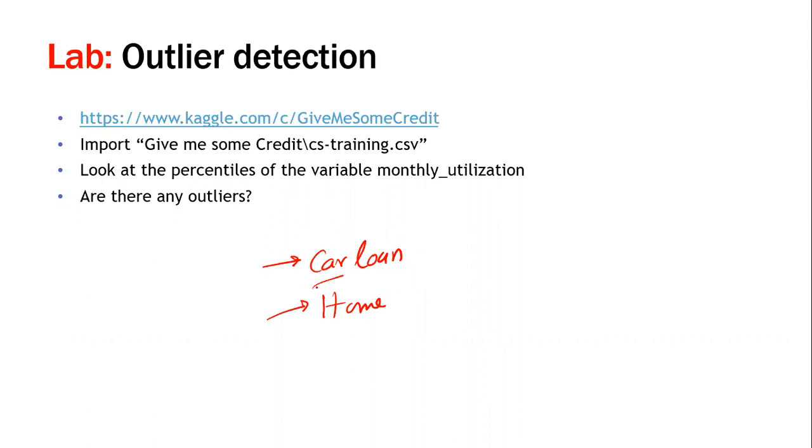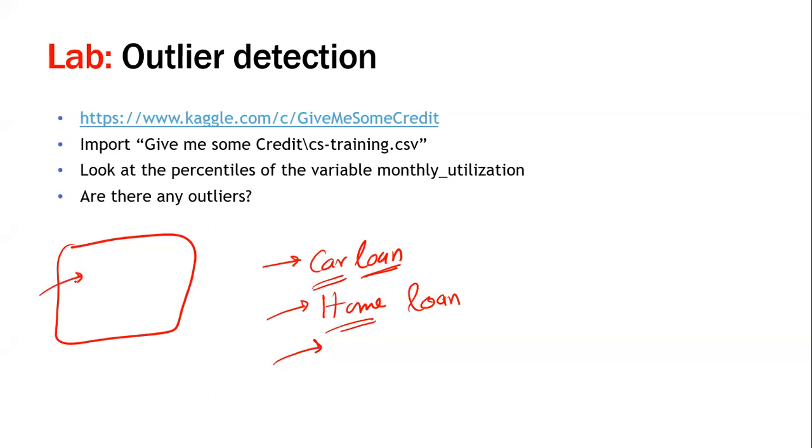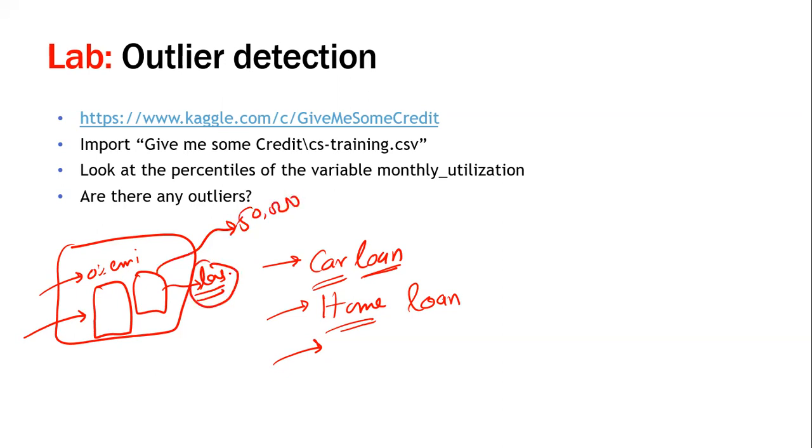So what is CIBIL score? If you apply for a car loan in India, a home loan, or even any appliance loan, let's say you went to a shop and bought a refrigerator. Have you ever heard of 0% EMI offers? If you buy a big fridge or a washing machine, you can take a loan and don't need to pay the full amount. Let's say the washing machine is 50,000, but you can take the loan from Bajaj Finserv or somebody. For you to avail that loan, you should have something called CIBIL score.